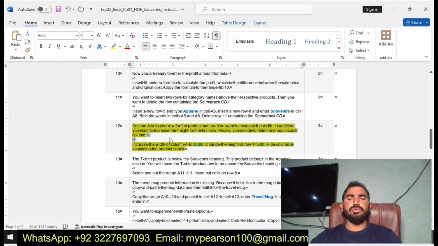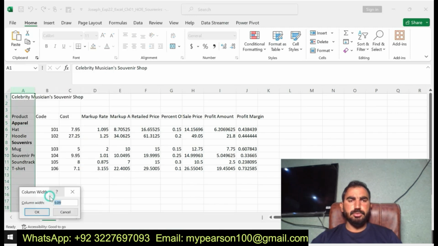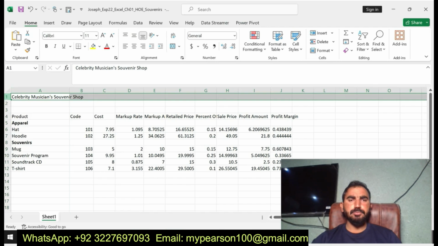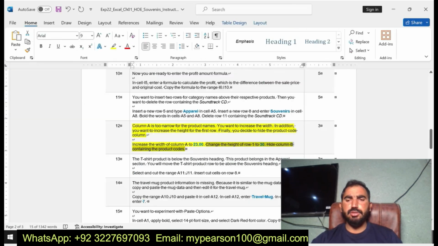Increase the width of the column A to 27 and change the height of row 1 to 30. Okay, now I'm going to increase the width for the column A to 23 and change the height of the row 1 to 30 and hide the column B. You can see here I changed the height for the row 1 to 30 and hide the column B containing